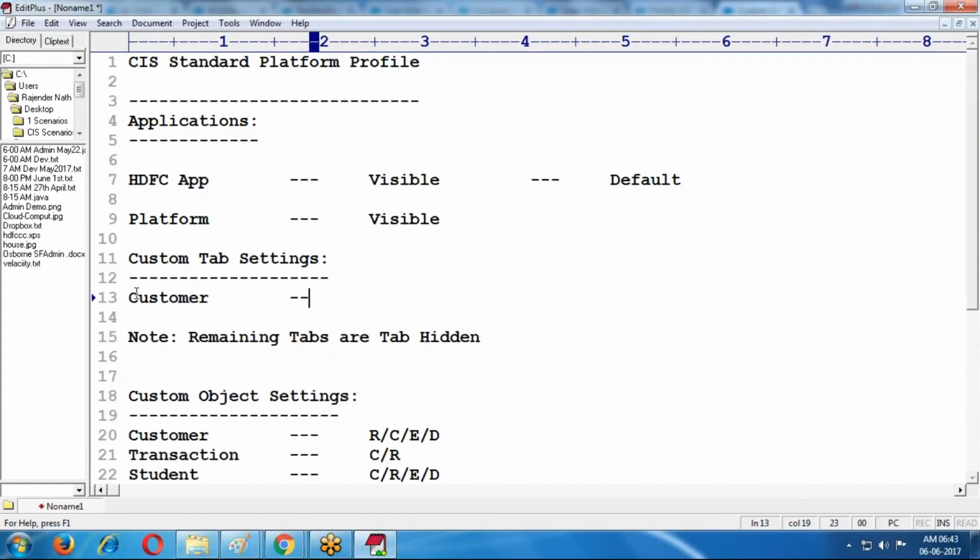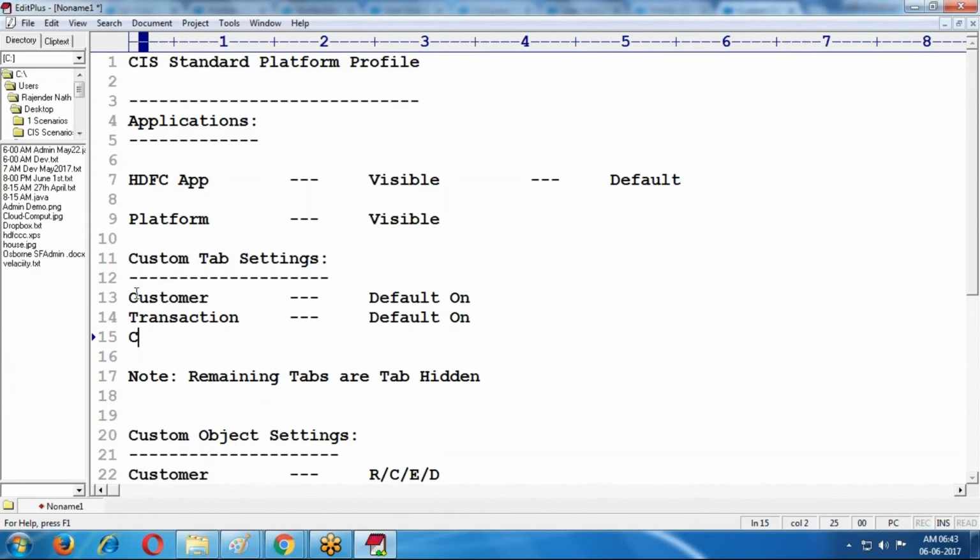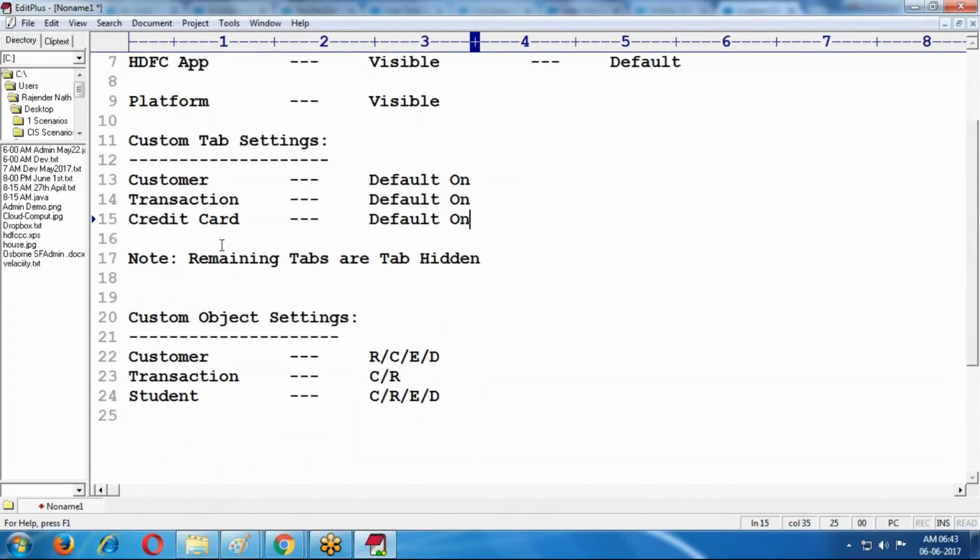Customer default on, transaction default on, credit card also default on. So for the remaining tabs, that means the student tab is tab hidden only. Student tab is tab hidden only.